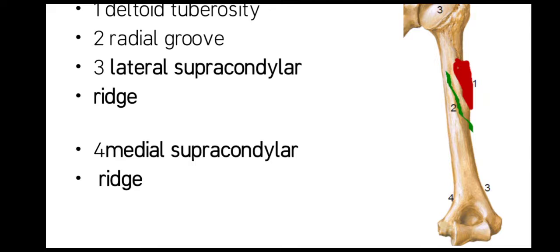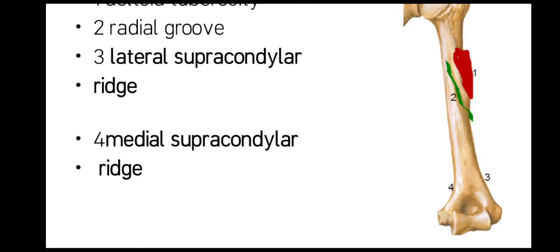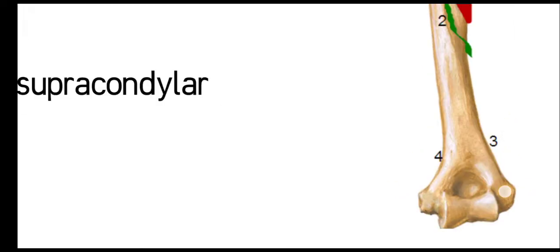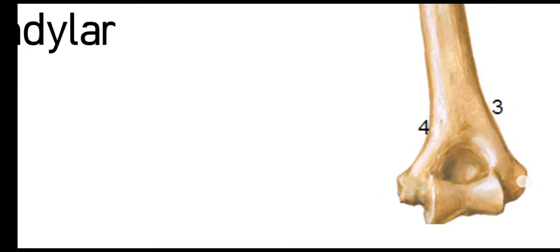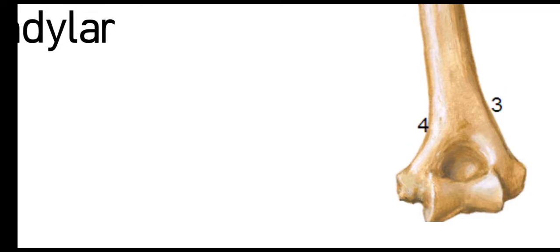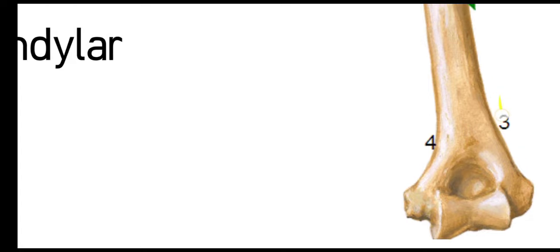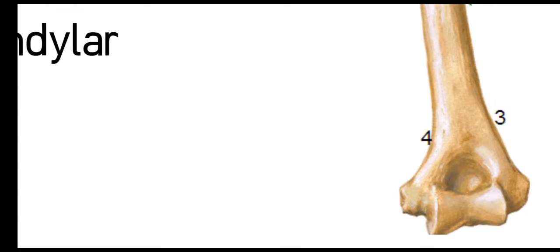Okay, the third structure here, basically these two ends, these two elevations are known as condyles of the humerus. So these structures of the shaft which are present immediately above the condyles are known as supracondylar ridges. Supracondylar means above the condyle and ridges means